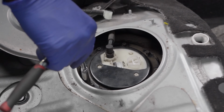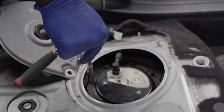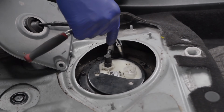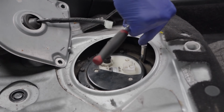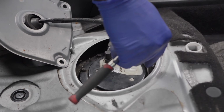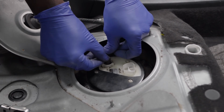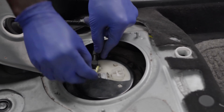What do you think, Kyler? You think it's gonna start? Sure hope so. I still wonder why we didn't have spark last time. Remember there was no spark coming out of the ignition coil? I don't know what that was all about. I don't know. We shall see. I mean, we clearly didn't have fuel pressure. So